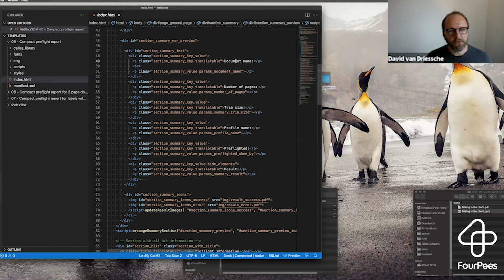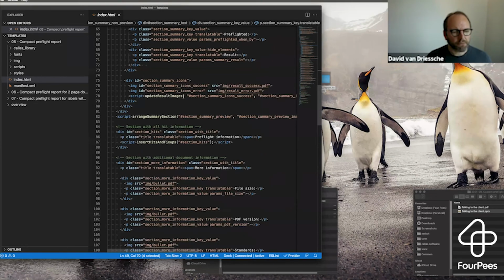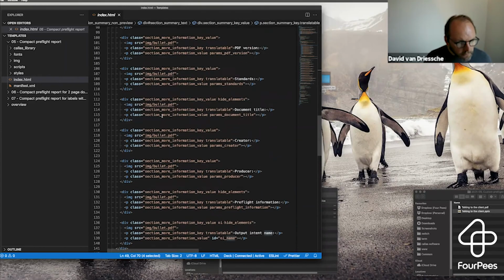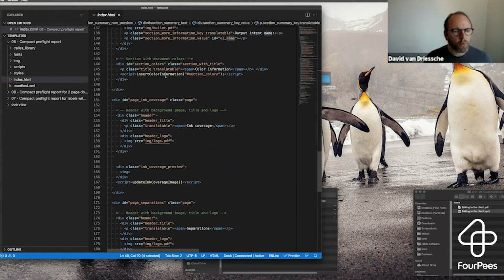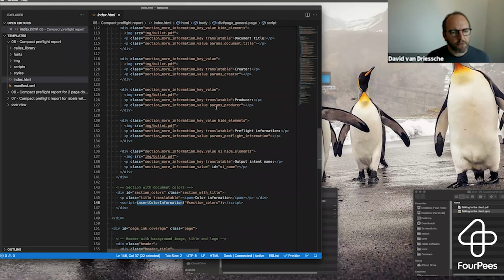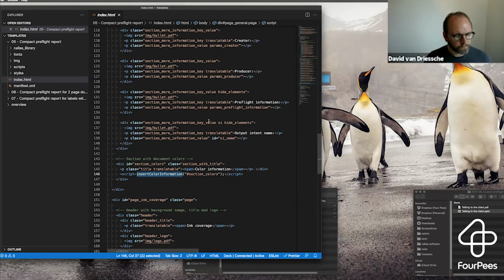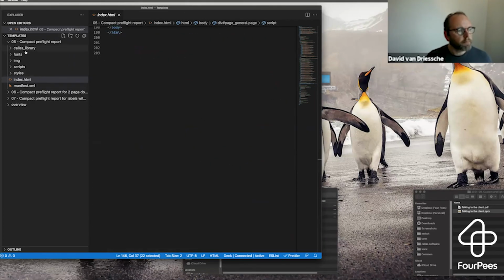And then for the rest of it, you recognize the label. So this will be the document name, number of pages, trim size. All of them are empty in here. They are filled up again by JavaScript, and that would be probably something at the end. But each of these JavaScript functions inserts information into one of these sections. The rest of the template is,